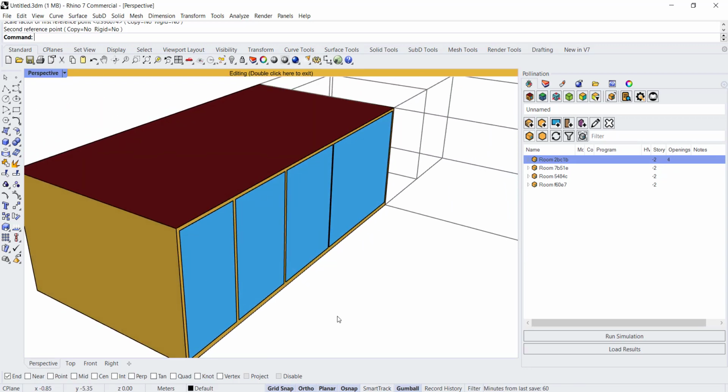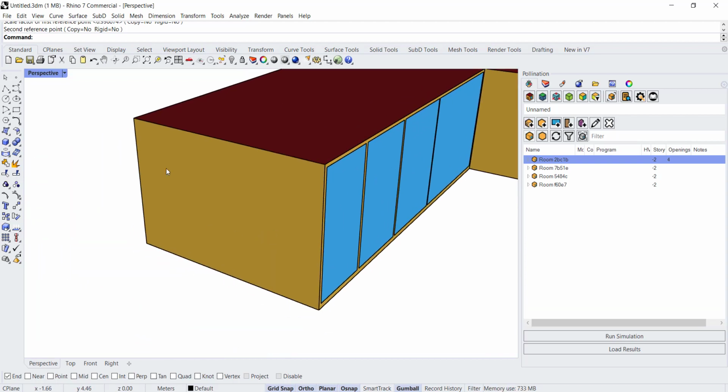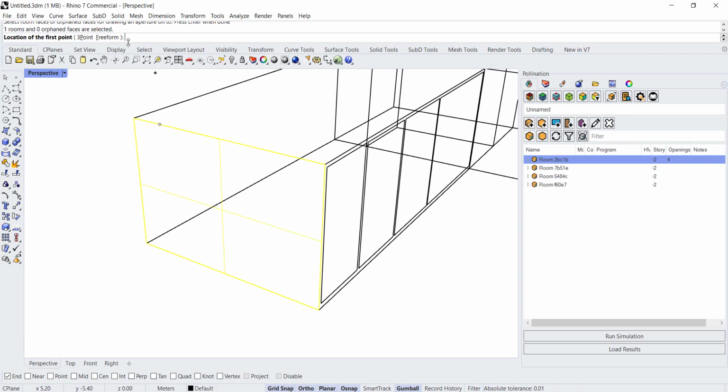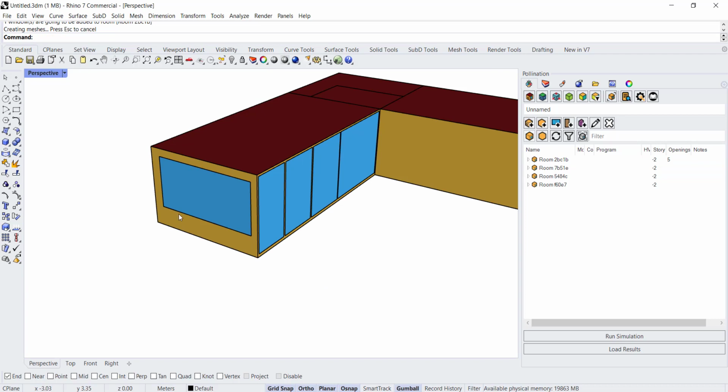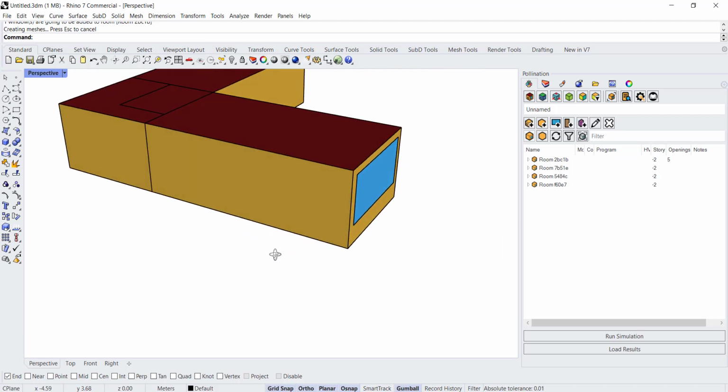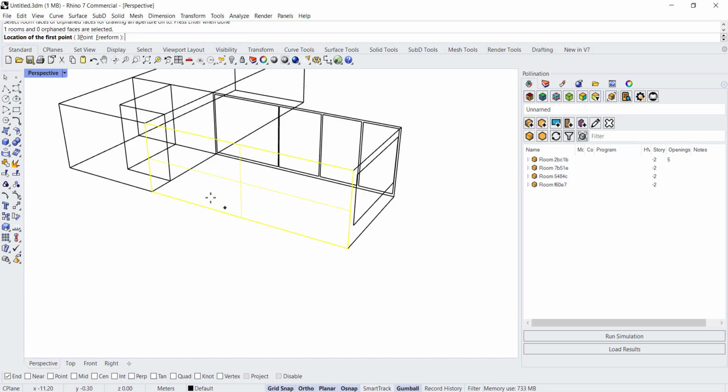The next way to draw it, so let's exit the isolation mode. If you wanted to draw an aperture, you can select the surface. So we want this surface, and let's select the 3-point. The 3-point will let you choose how to draw it. You're selecting either the length or the width, and then the length or the width again. You can also do a free form on this back side, if we wanted to draw an odd shape,